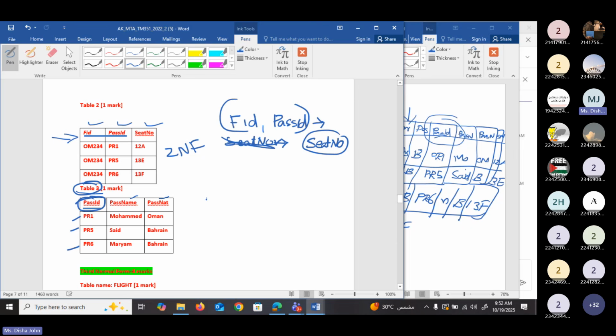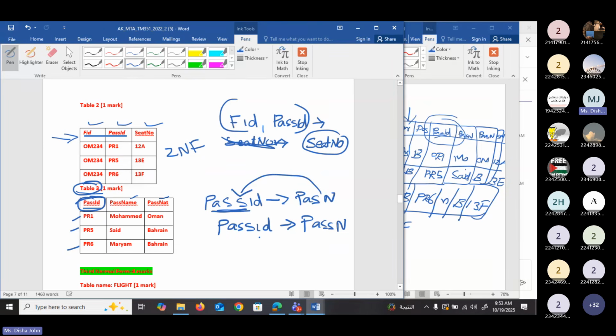So the only dependencies that we have are passenger ID determines passenger name, and passenger ID determines passenger nationality. So here also we have only one column on the left hand side. So passenger name is completely dependent on this column, and passenger nationality is completely dependent on passenger ID.